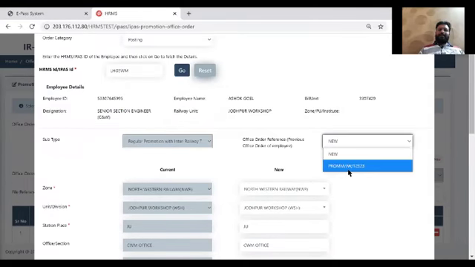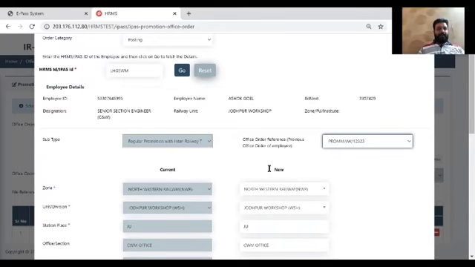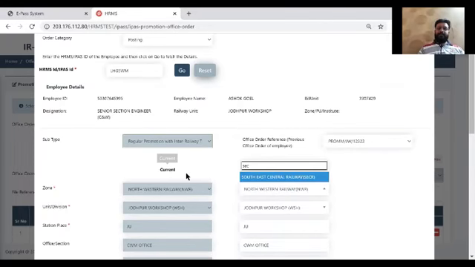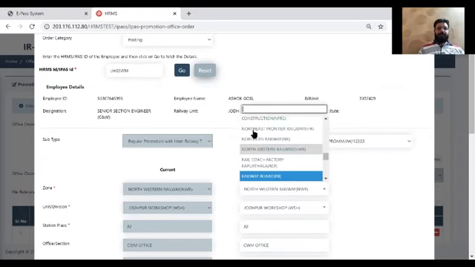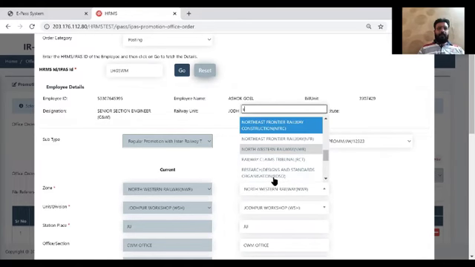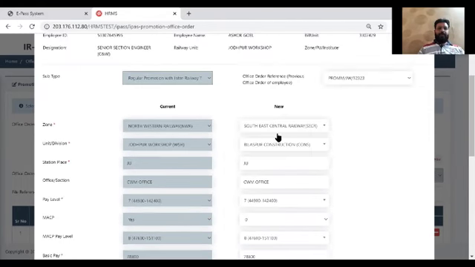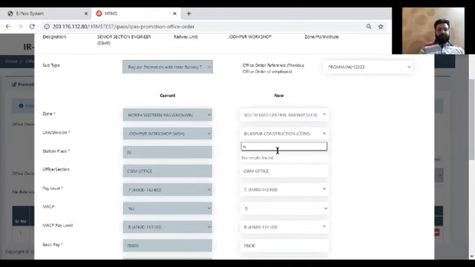And I can select the office order that is issued for the same employee. So in the previous stage, we are not having reference office order. Now we have a reference office order that this employee is joining here, reported here, and we are issuing a posting order that is against the older transfer order. So I've just selected that part, and again left hand side information is from the current tab, right hand side information is what we are going to update after execution of this office order.